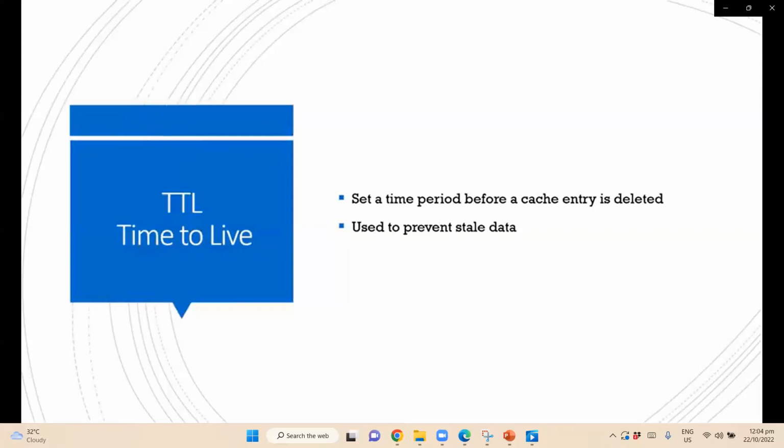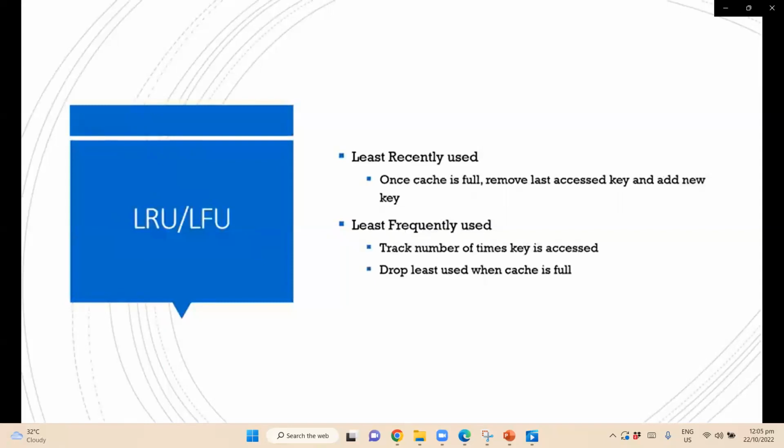The TTL time kind of just depends on what kind of data you're working with. So LRU and LFU are two other strategies. These have less to do with preventing stale data and more to do with trying to keep our most requested data in our cache. So least recently used is once our cache is full,